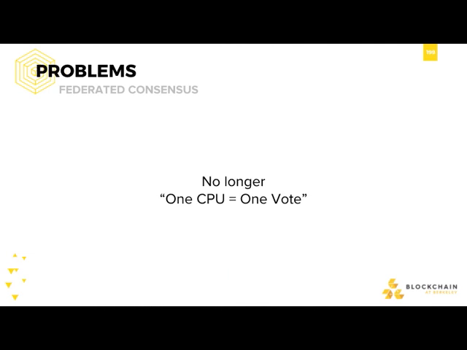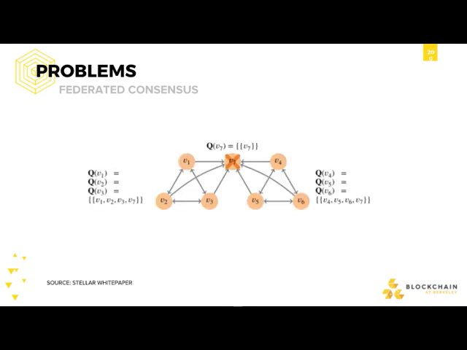So what are some problems with a federated consensus? It's no longer 1 CPU, 1 vote power, right? Traditionally, that's been the sense that each person has the same amount of power. In this case, once again, we go back to the other example of V7. V7 has the power to disrupt the entire network just because he's the only intersecting node. So once again, certain nodes are valued more than others, and this becomes a problem because if that node fails, then the entire network is disrupted.